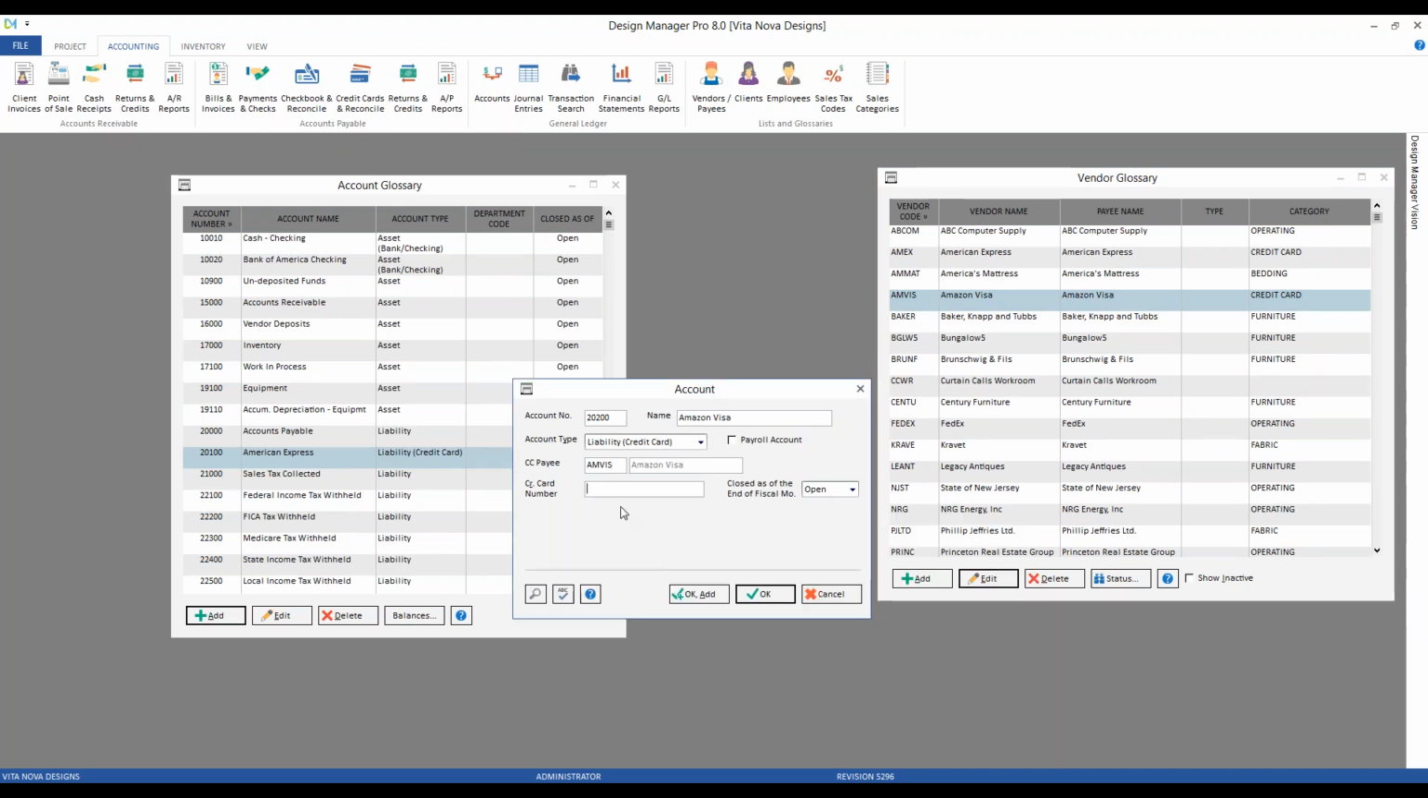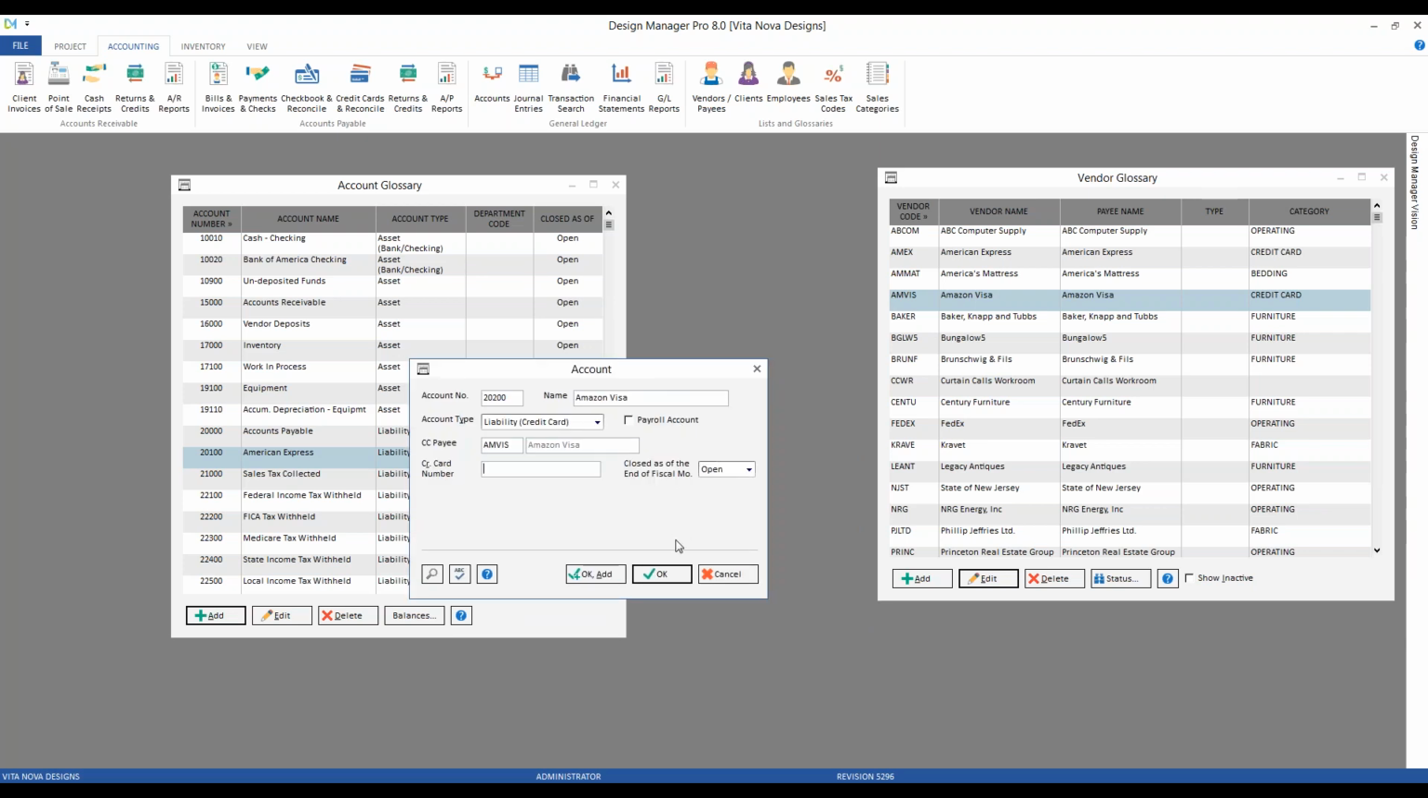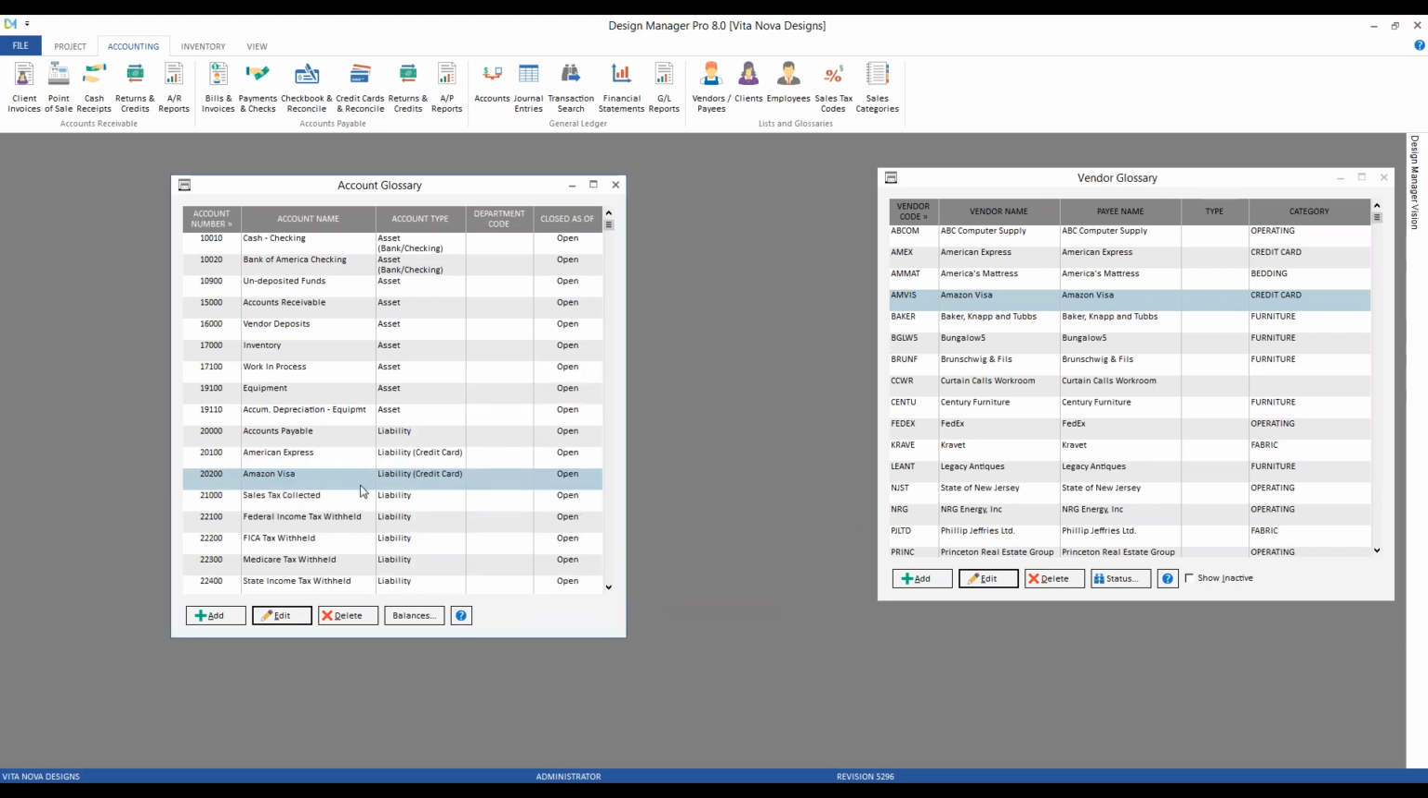And there we go. We can just leave our credit card number blank, as I've discussed already. If we click OK, there's our brand new liability credit card account for our Amazon Visa. Now, one thing I do like to do